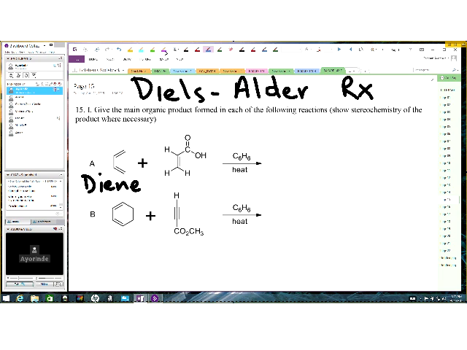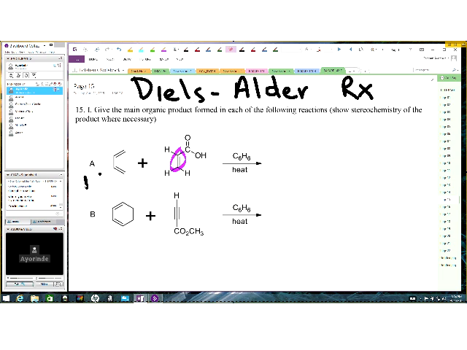So this carbon-carbon double bond here, we call it a dienophile. So for a Diels-Alder reaction, you need a diene, which is a conjugated double bond system in the cis conformation. Then you need a dienophile. Once you have those combinations,